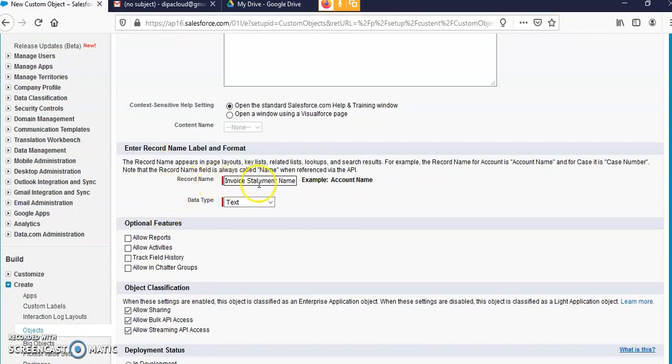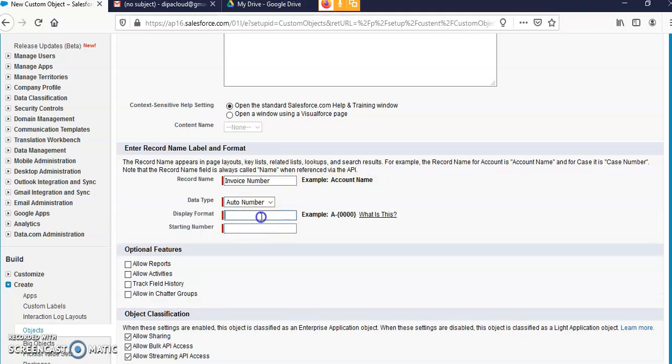In the record name, here, invoice statement name, you can put invoice number. Data type you can select as auto number. In that auto number, here they showed how to write the format. Like that you can put it, and starting number you can put 1.